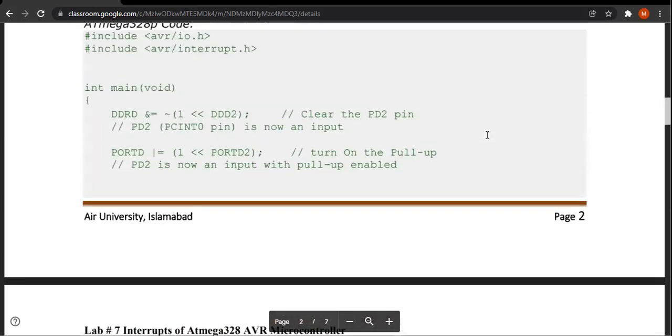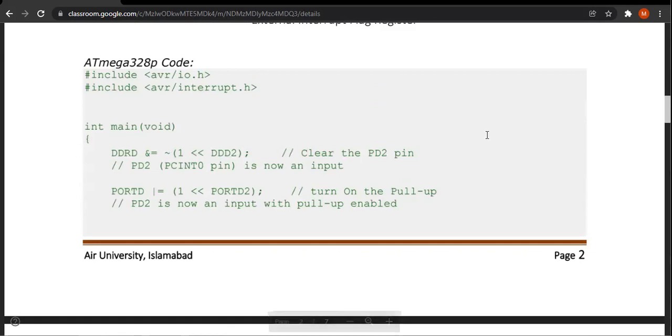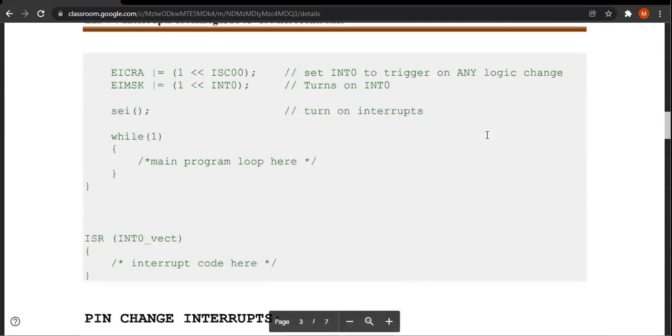Now this is some basic code in which we are just controlling an LED using an interrupt function. As you can see, first of all, we have declared the libraries for interrupts and input/output. In the main function, we have DDRD, which sets the output direction toward port D, and the specific bits of port D are on. Now the mask register and the interrupt control register are used to turn on INT0 and set INT0 to trigger.